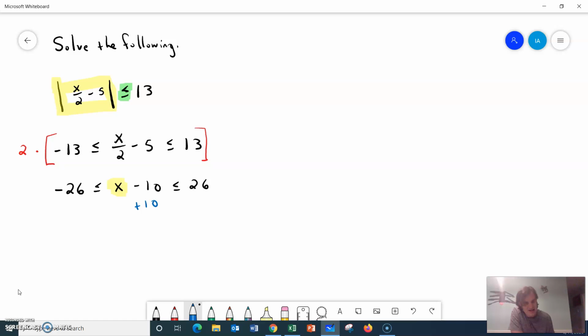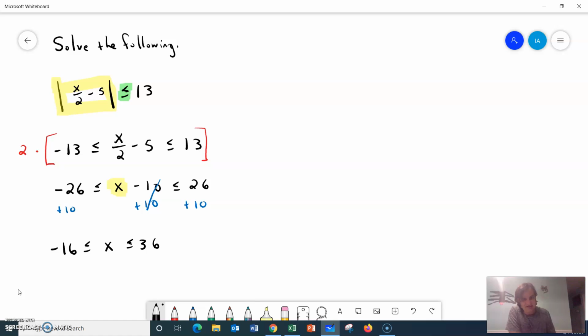So we need to add 10 to cancel out the negative 10. But if we do that, we need to do it in all three parts. So we'll add 10 to both sides. So in the end we get negative 16 less than or equal to x less than or equal to 36. So our values for x, or our solutions to the inequality that we started with, are numbers between negative